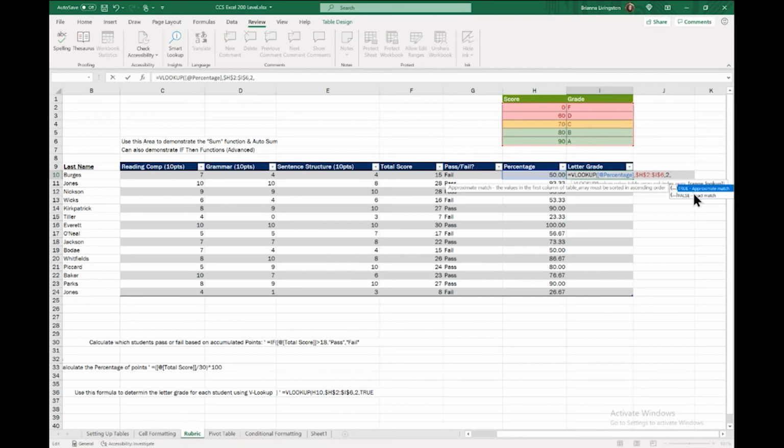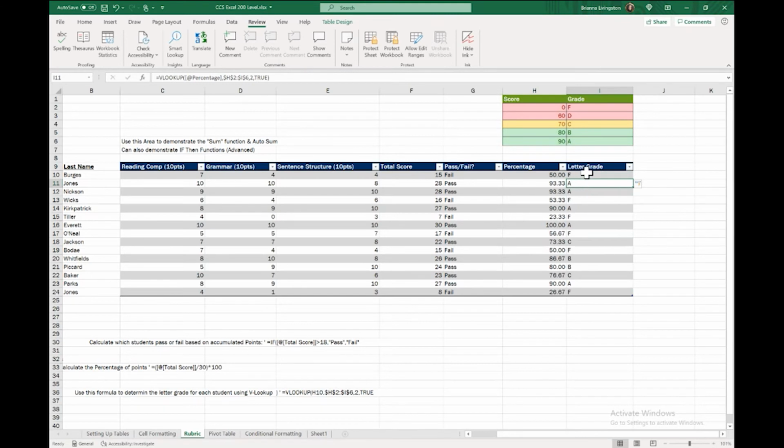If we're looking for an exact match, it's going to spit out an error, or it's going to spit out NA, because there is no 50% exactly in this range. So we want an approximate match because none of these are exact scores, and we don't have every single number possible from 0 to 100% that can fit in this table. So we want something approximately because that's going to make it true no matter what.